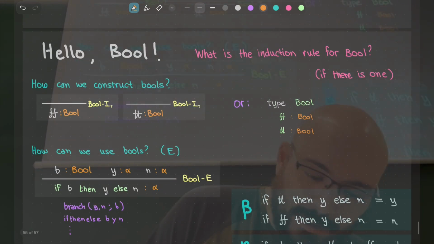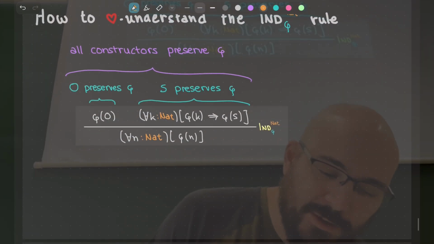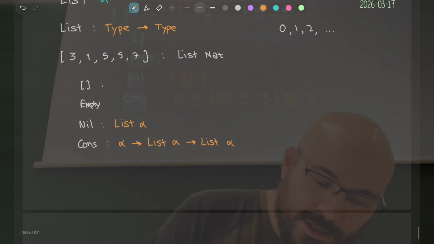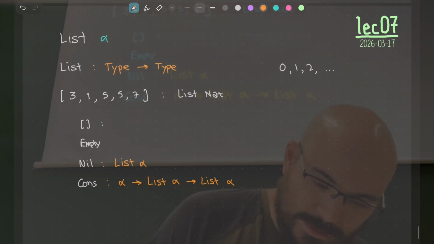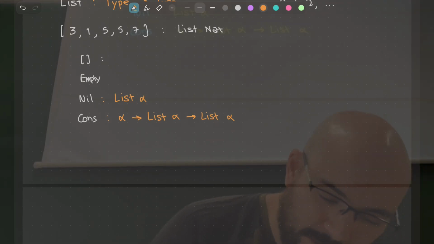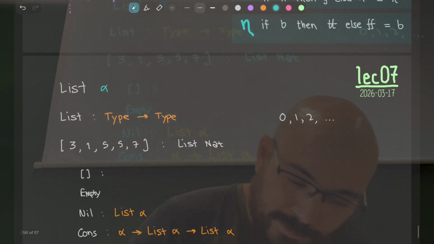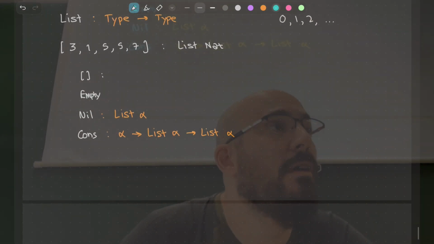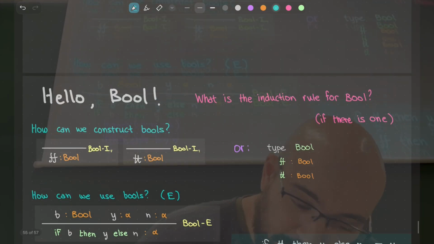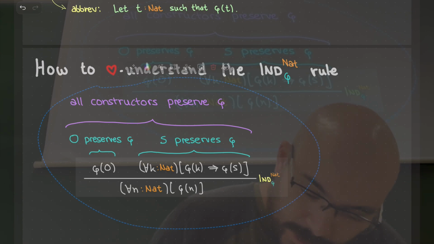So the induction principle, that's the whole point, will not change. It will be the same. All constructors preserve phi means that every element has its property. So what does that mean? All constructors preserve phi. We have two constructors here. So, if I have a property phi, okay, first of all, what is the type of phi? Help me here, because when I want to prove something like that, I should copy it.